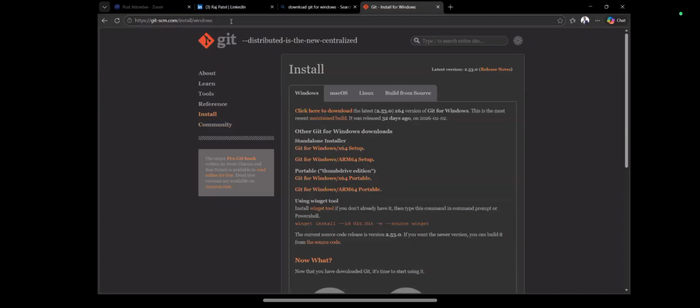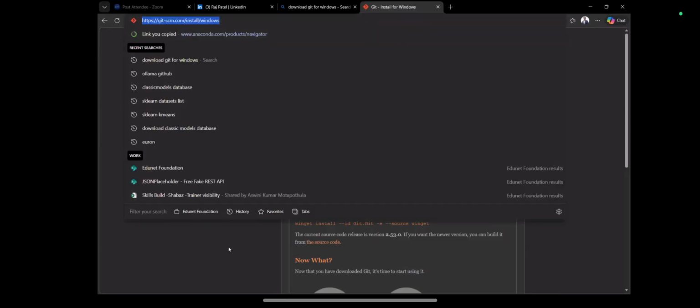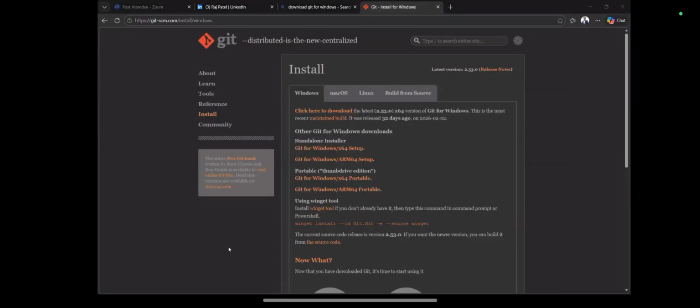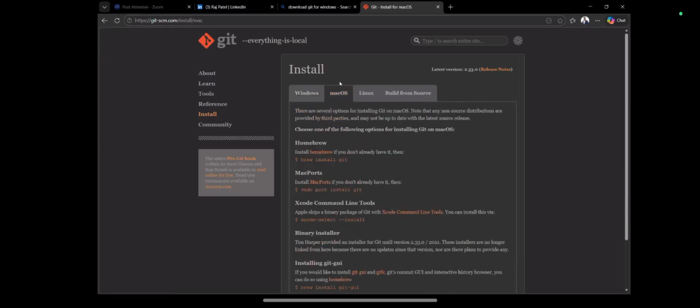Now I'm going to copy this link and paste it over. You can come and download. Simply click here, and you can download one software. There will be one software with an .exe file. Those who are using Mac can go for Mac. Choose the first link that you have over here. Mac people, you better know how to do all the things.